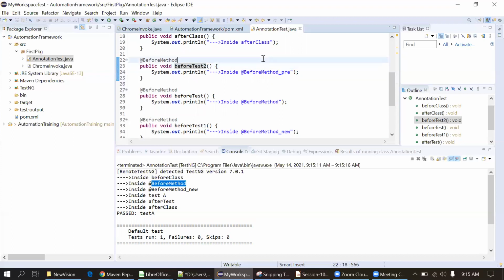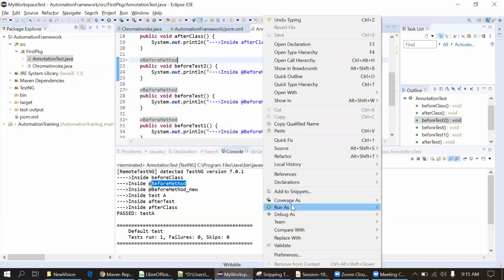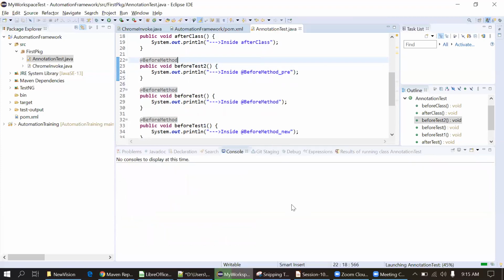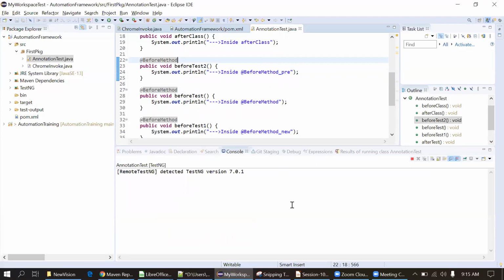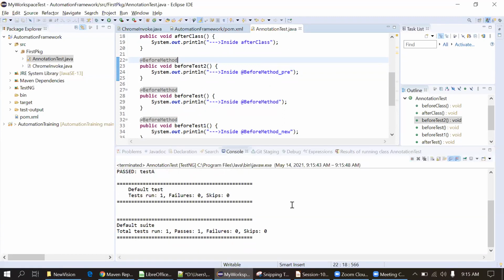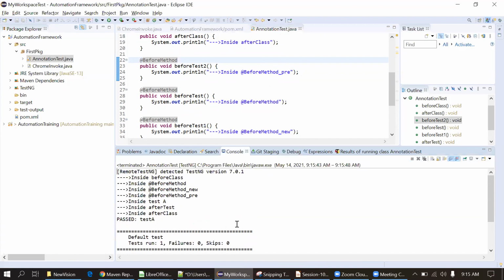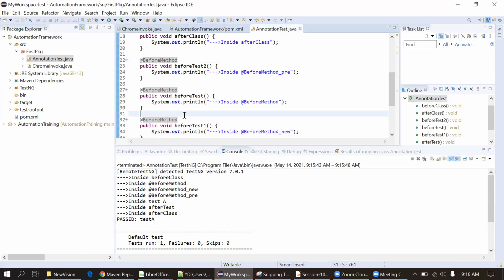Now I'll execute this. We'll see the output. So now before method, new, then pre. So you can see there is no sequence actually. It will get executed randomly, so you will mess up your test cases.